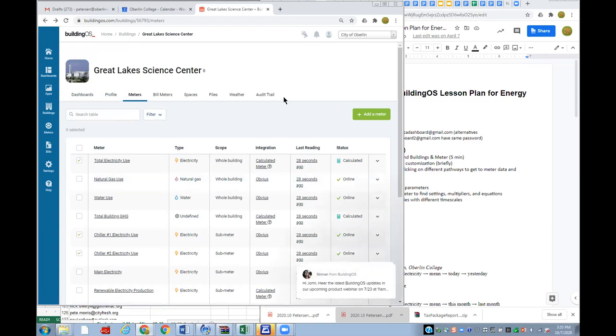Did I click add meter? I didn't mean to click add meter. I meant to click graph. Why is it not giving me a graph option here? Where's my graph? I'm just going to click this again. Meters, total, chiller,